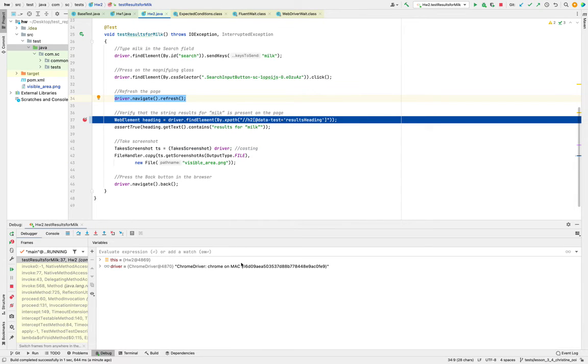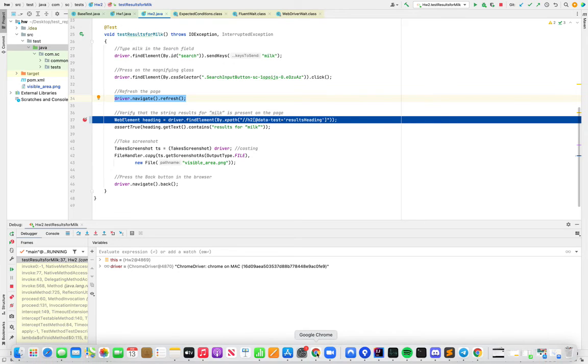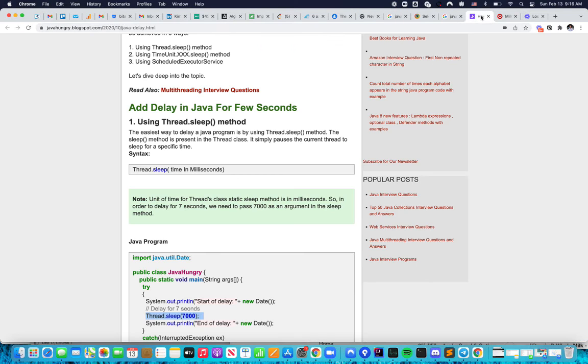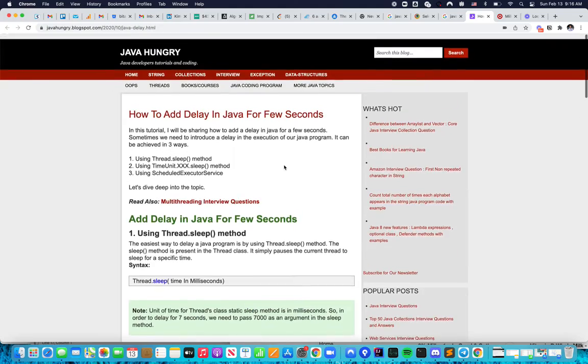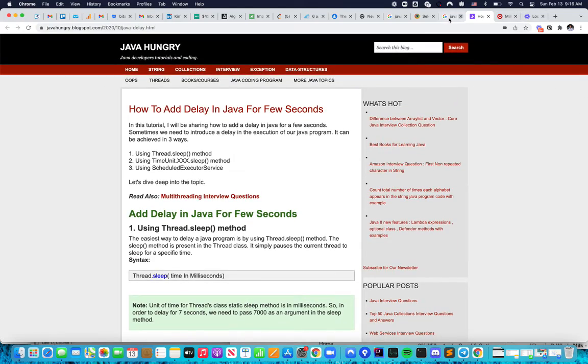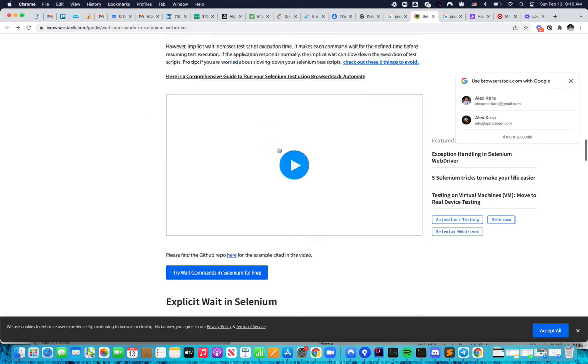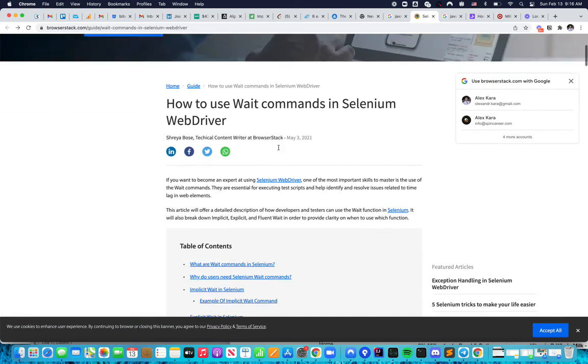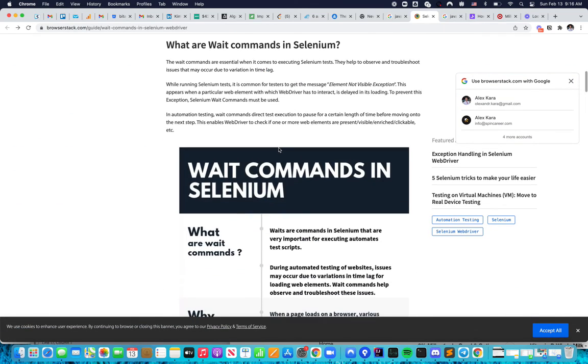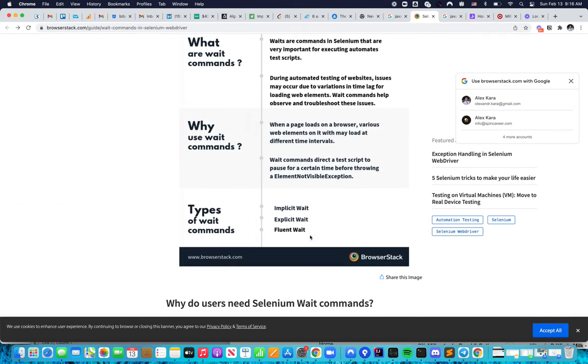Besides this one, I would also want you to take a look at this article. I'm going to send this article to you. Actually, not this one, but the other one. Yeah, this one, because this is the first thing that I started to do. It has different types of waits. Implicit wait is the one that Vladimir talked to you about. There is also explicit wait and fluent wait. The one that we usually use is implicit and